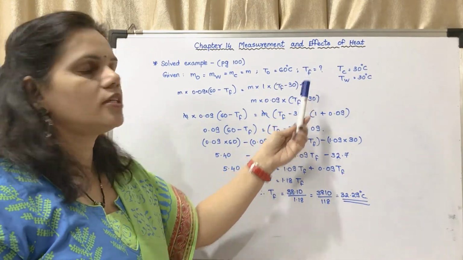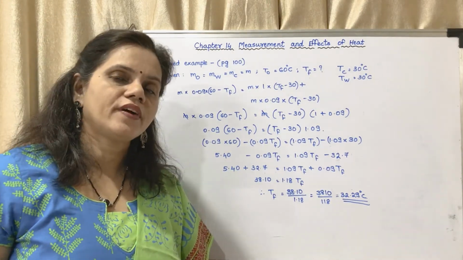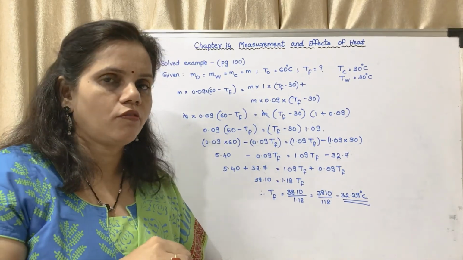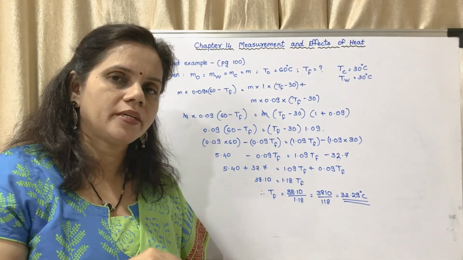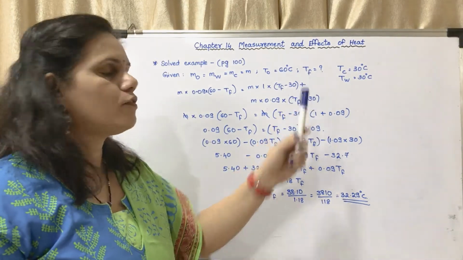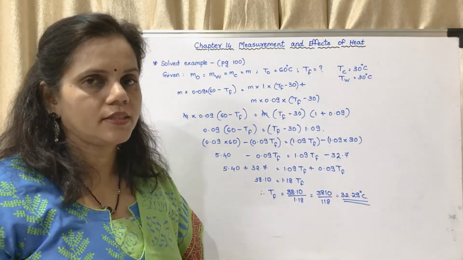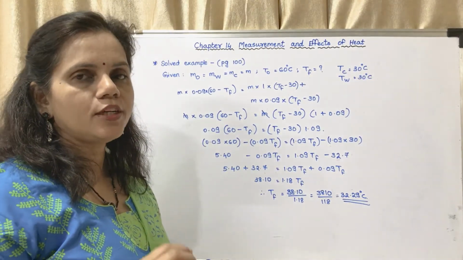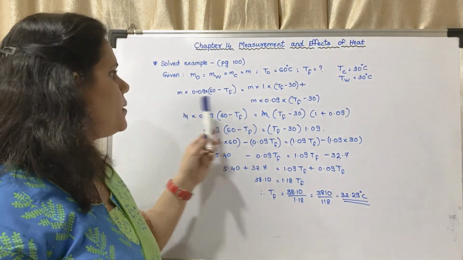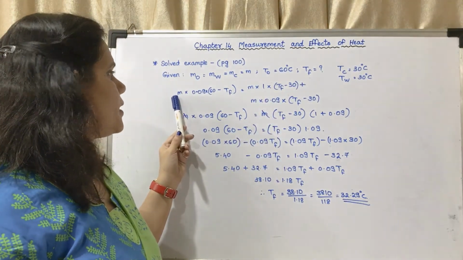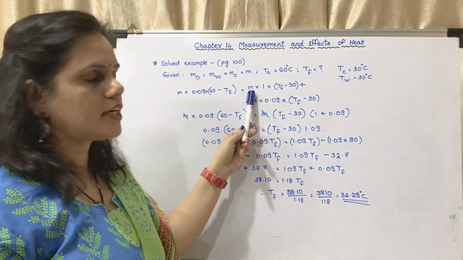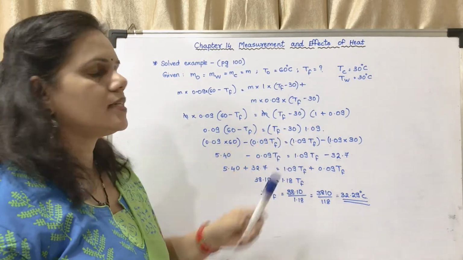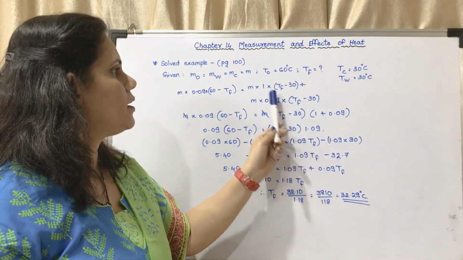You have to find the final temperature. You know that the final temperature of the hot object which you are putting into water, the final temperature of water and the final temperature of the copper calorimeter will be the same. So the value of T_F will be the same for all three. Substituting in the equation Q is equal to m c ΔT, here m is the same. This is for the object, this is for water, and this is for the copper calorimeter. Here m and T_F minus 30 are common, and are taken out as common, leaving 1 plus